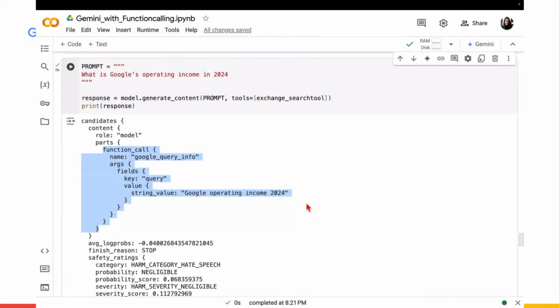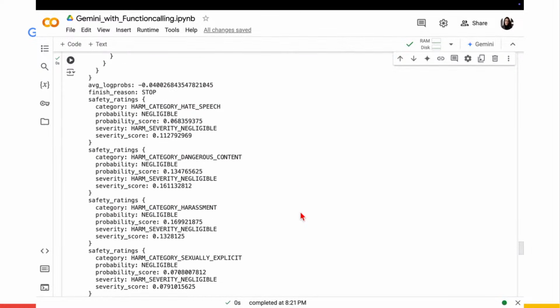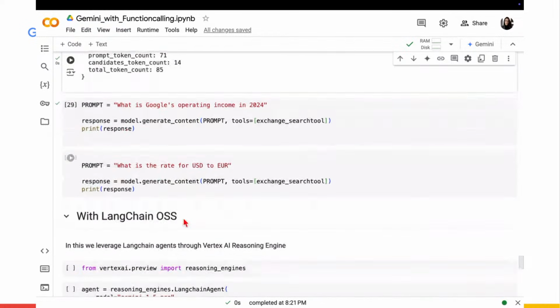So what the model is doing, it's auto-populating essentially the name, the function name, and the argument fields for us. And then we as the users would grab this logic and in our code execute the function so that we have control over how the function should be executed, who should execute them, and to have some other guardrails integrated into it. So this is for cases where we don't really want the model to just run around wild and execute the functions. That's how function calling is working. I'm going to skip these two prompts.